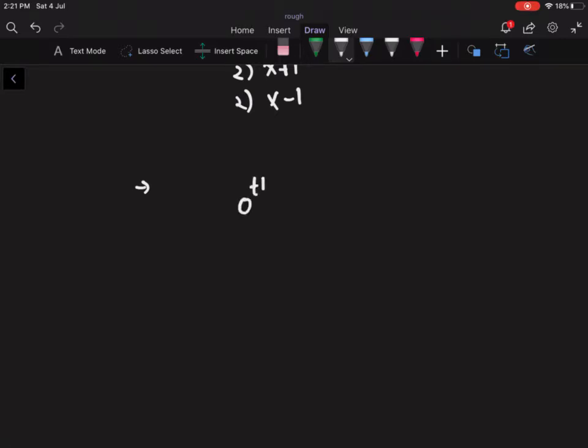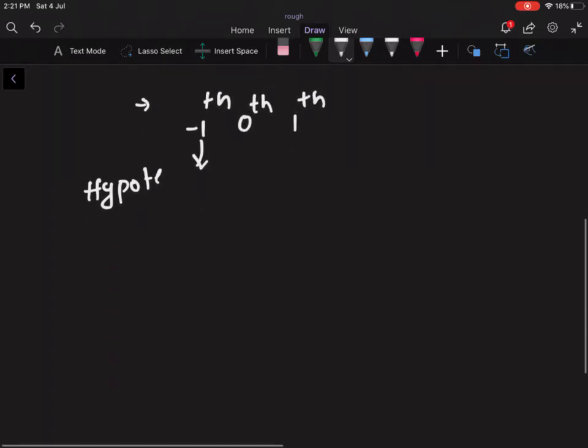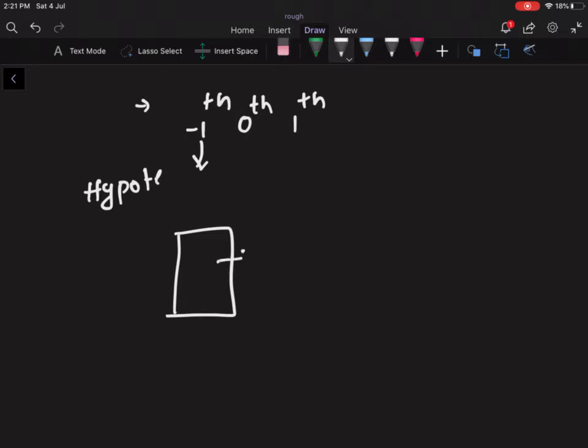The question is, say you are at the 0th channel, and in the next step you can go to the 1st channel or the -1th channel. Just think of it hypothetically. You can go to -1. So the solution is you have to find the number of ways that you can go using this remote in n steps and come back to the 0th channel again.